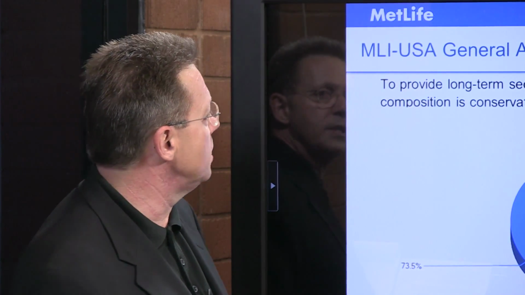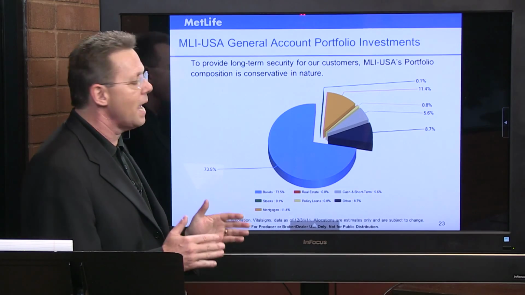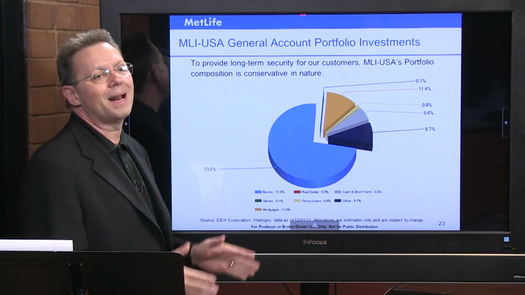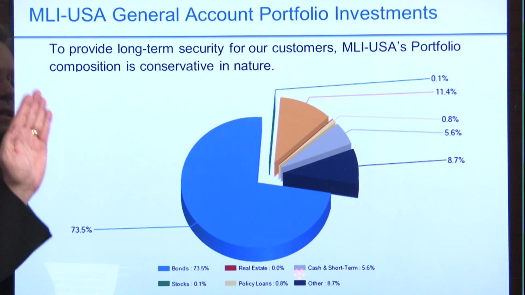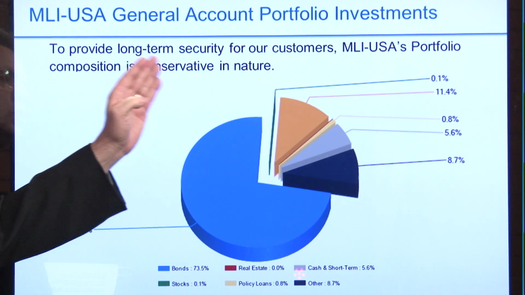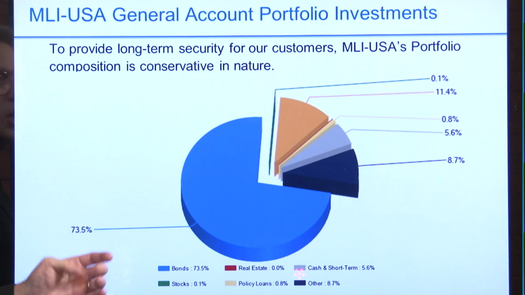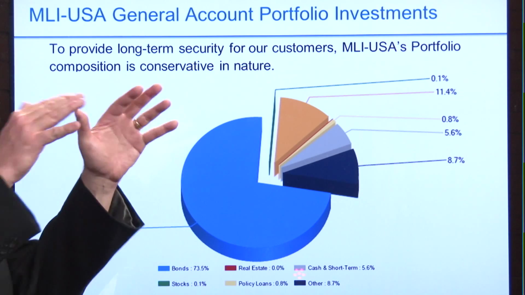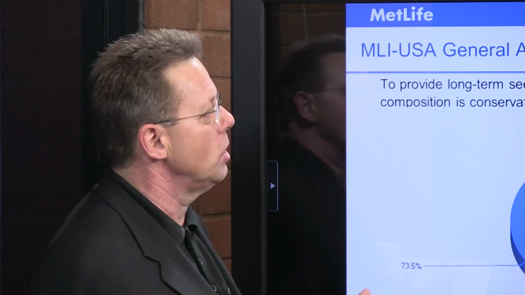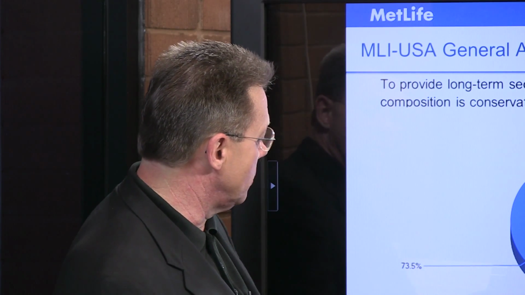And then I want to look at this basic idea. Again, we're looking at a specific carrier, but I like the graphics and it's easy to explain. When I'm looking at this, I'm looking at the things that do it. To provide long-term security for customers, you have to have a composite that's conservative in nature. So what we've looked at here is what their composite is in their earning or general account portfolio. Notice here that the bonds make up